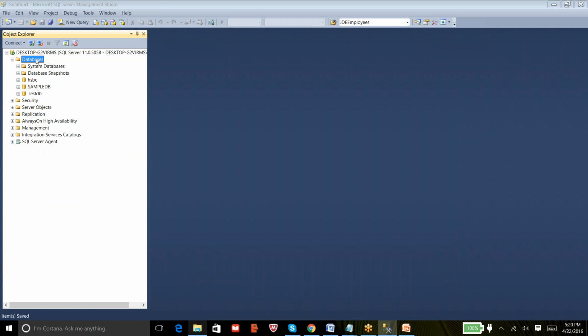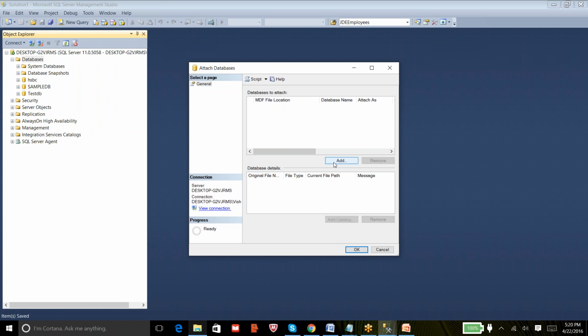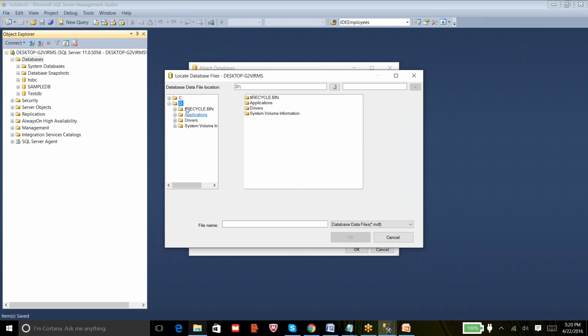In order to attach those two files as a database on this instance, right click on Databases and select Attach. We need to browse to the MDF file, so click on Add and then browse to the location where you have extracted it.